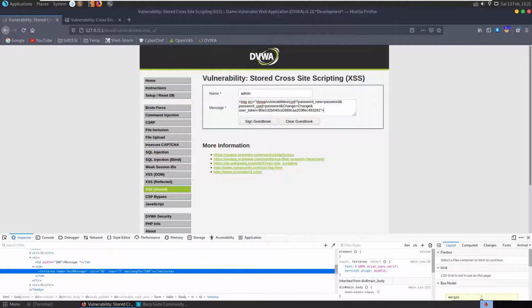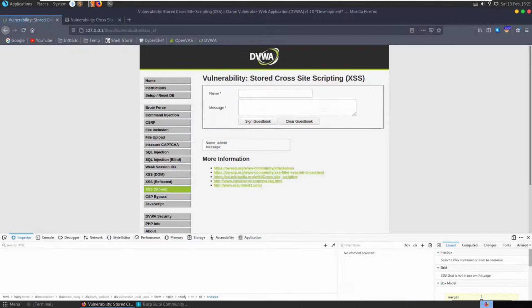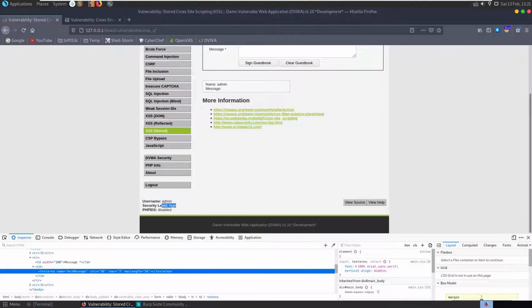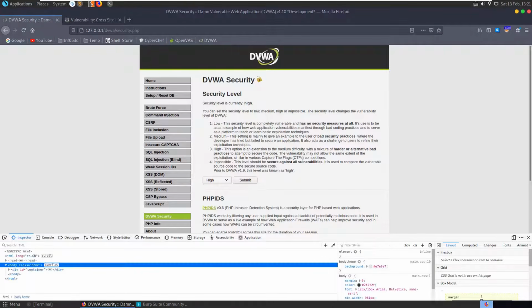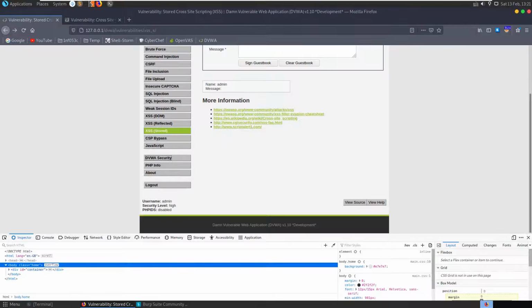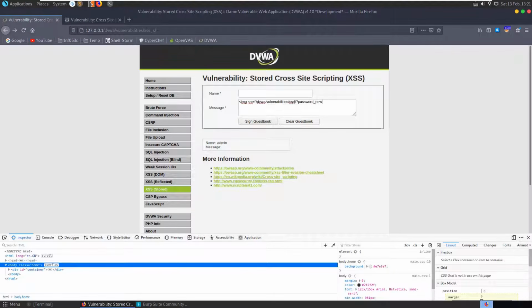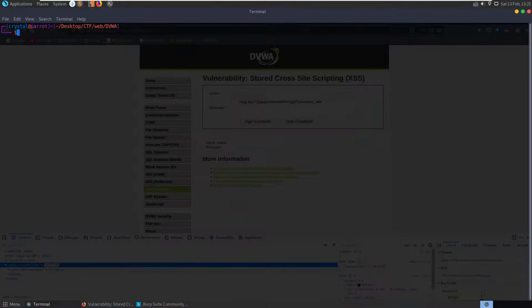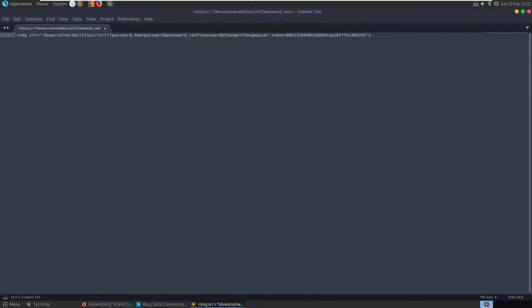close off the tag. And if we sign, the issue is we get nothing back. It's not actually displayed to us because we have the security level set to high. So if we go back to our security level and set it to medium, in fact, just before I do that, security level on high. Ideally, what we'd be looking to do here is, okay, it's really annoying that the size of that. Let me paste this into Sublime. Okay, so ideally, what we'd be looking to do here is instead of sending this user token, we would say